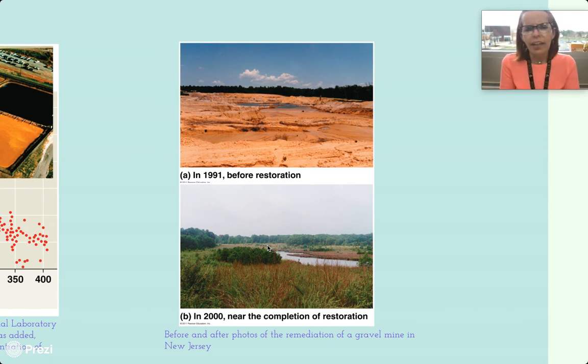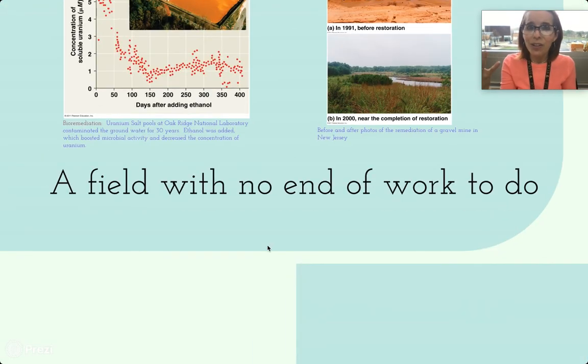This is a cool photo of humans really taking an active role in restoring an ecosystem. We're doing that all over Minnesota. Pretty much every large park that you go to now, there are prairie restorations. You should pay attention, see the bird houses that are there and the grasses that are growing. And so we can restore some of the ecosystems that have been damaged. And the author here says, a field with no end of work to do. If that is at all interesting to you guys, you are guaranteed a job. You are guaranteed that there are things for you to do out there.